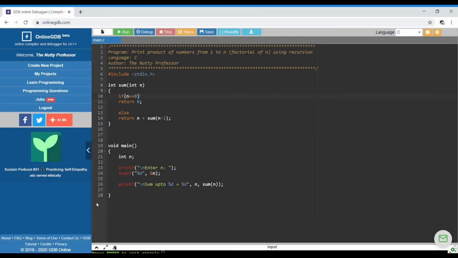So coming to the coding part of printing the product of numbers from 1 to n, or the factorial of n. This is the code that I had already posted regarding finding the sum of numbers from 1 to n. I will link the video in the description box below. Now for changing this for factorial, you can write here in your main program, the changes you can write is